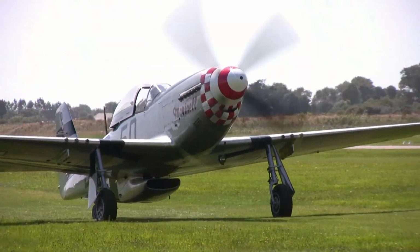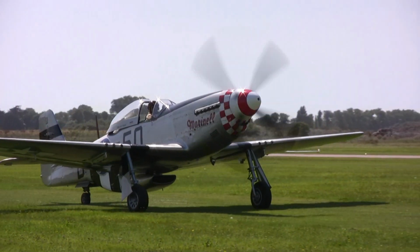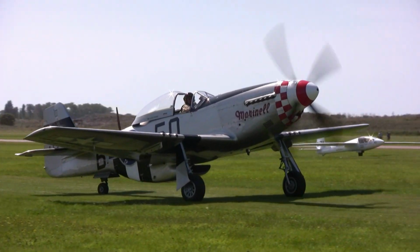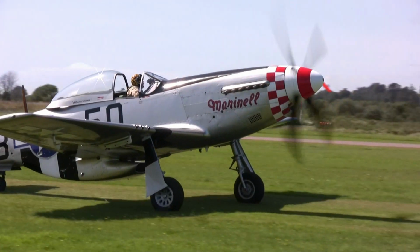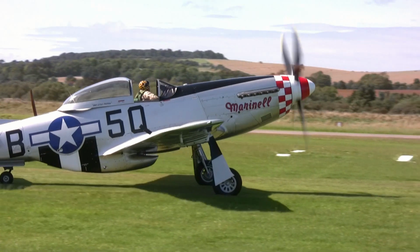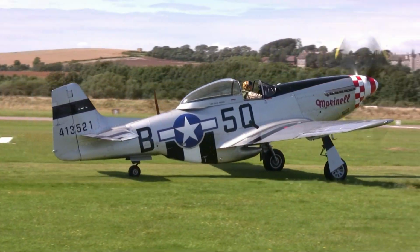Yak 50 on the ground. Notice the pilot can't see. Formatting on the Mustangs. Deliberately positioning himself right at the holding point so that